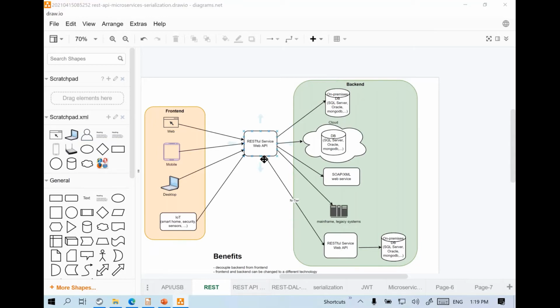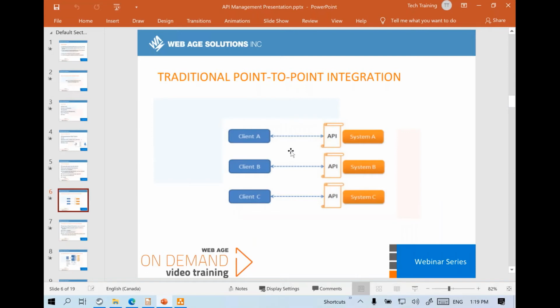When you have lots of services, how do you make sure that you're able to integrate things? How do you ensure that your front end, your client application, is able to call your backend? Typically, it will be a point-to-point integration where every client application developer, or let's call it a front-end application, needs to know where exactly the API is located.